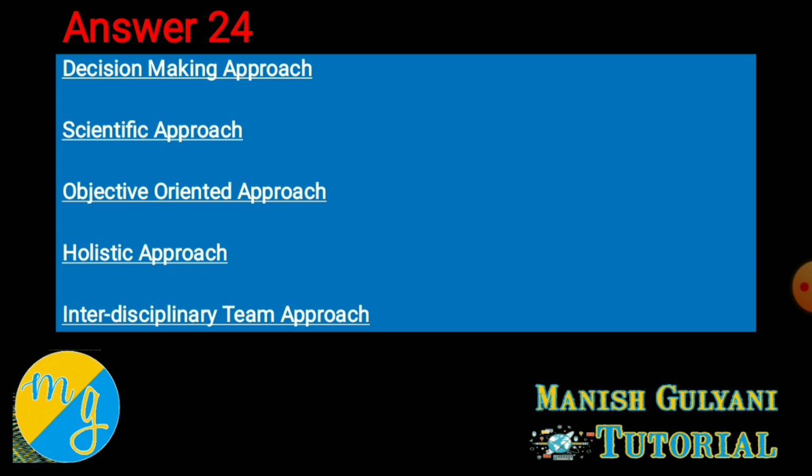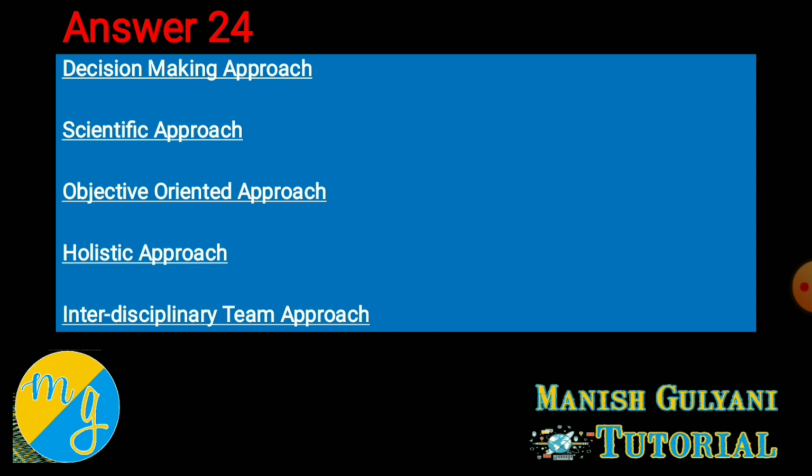Second is the scientific approach. Reason being, under OR, first step, any problem is formulated into a mathematical model. So OR technique is a scientific approach because it is a formalized process of reasoning and consists of various mathematical tools and techniques. With the help of these, firstly, real problems are converted into a mathematical model, after which optimal solutions are derived.